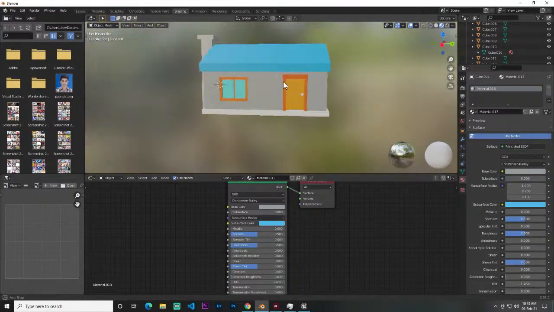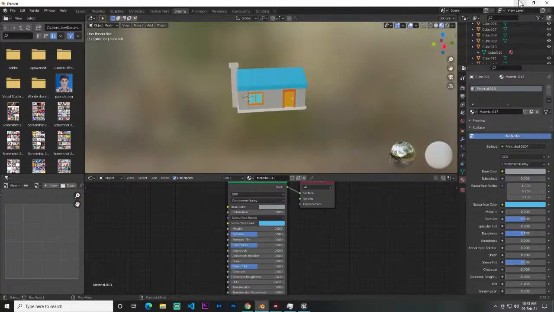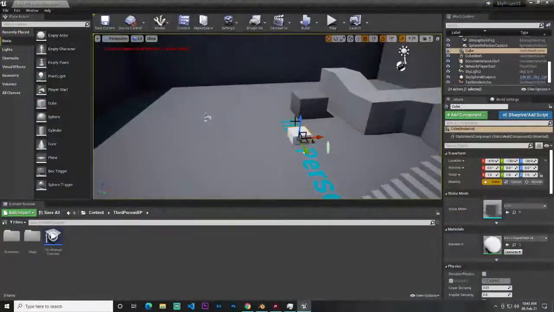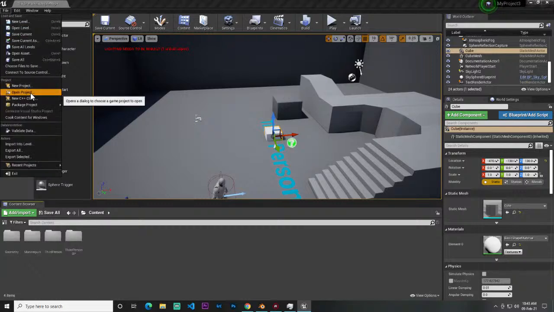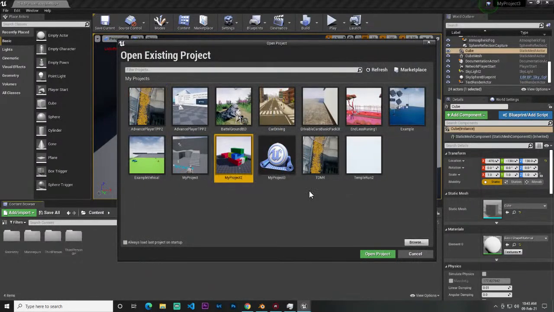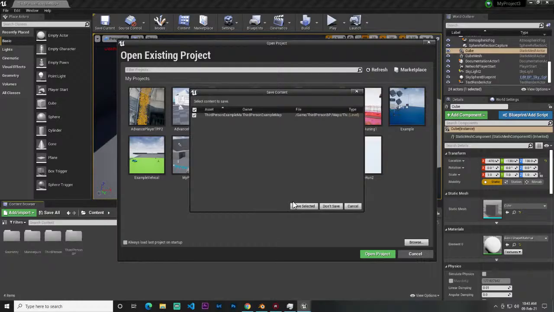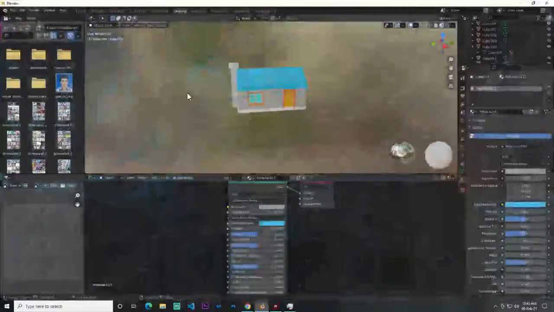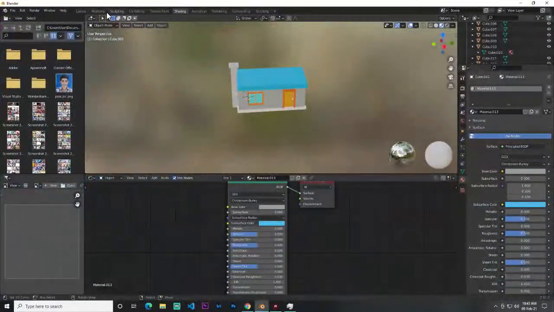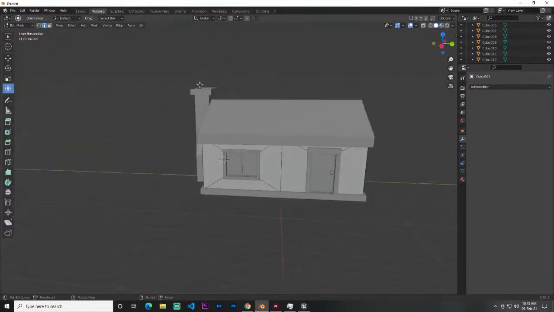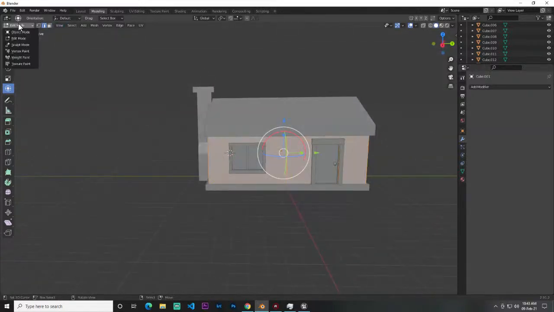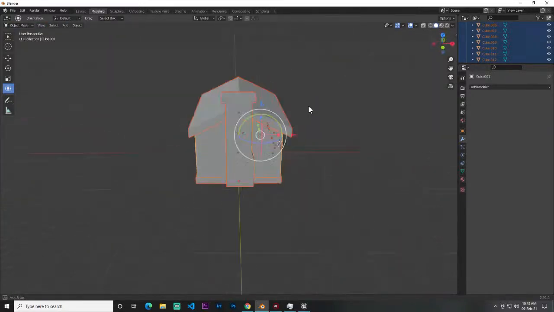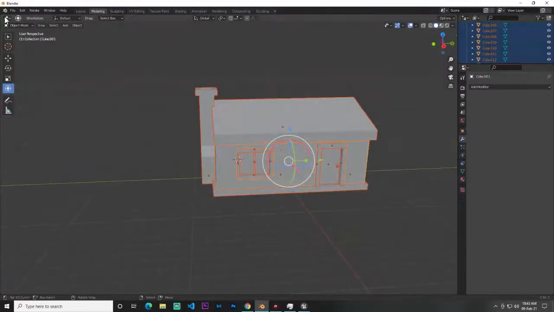Okay, so if it's good, let's import it into our Unreal Engine. Which project should I open? Okay, let's open my low poly assets project. Maybe it's in this, my project 2. Let's now import. First we need to export this. So I also need to do one more thing, I need to make it a single object, because it's in separate parts. So let's select all, object, select all, and simply